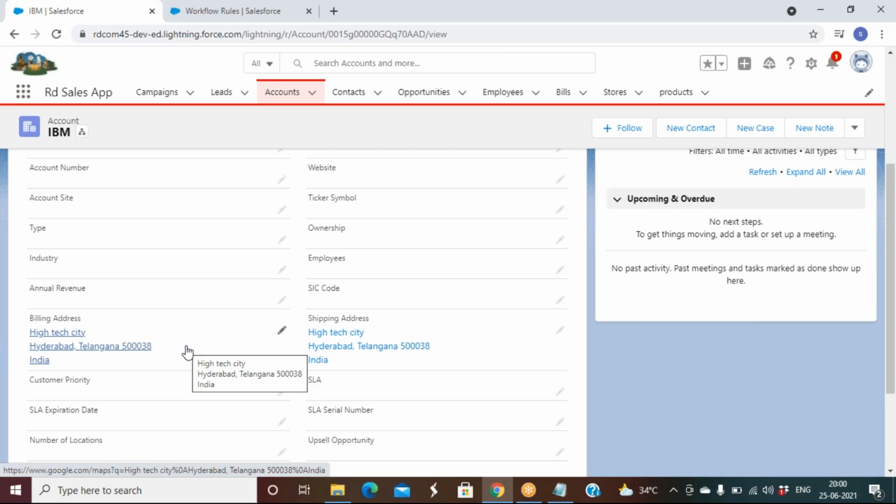Does the value get locked, or in case the shipping address and billing address are different, can the user manually edit it? If it is different, no need to talk about this requirement. Simple. I told you initially also. We are assuming both addresses are the same. If they are different, then no need to talk. You can enter manually. If it is different, then why speak about this requirement?